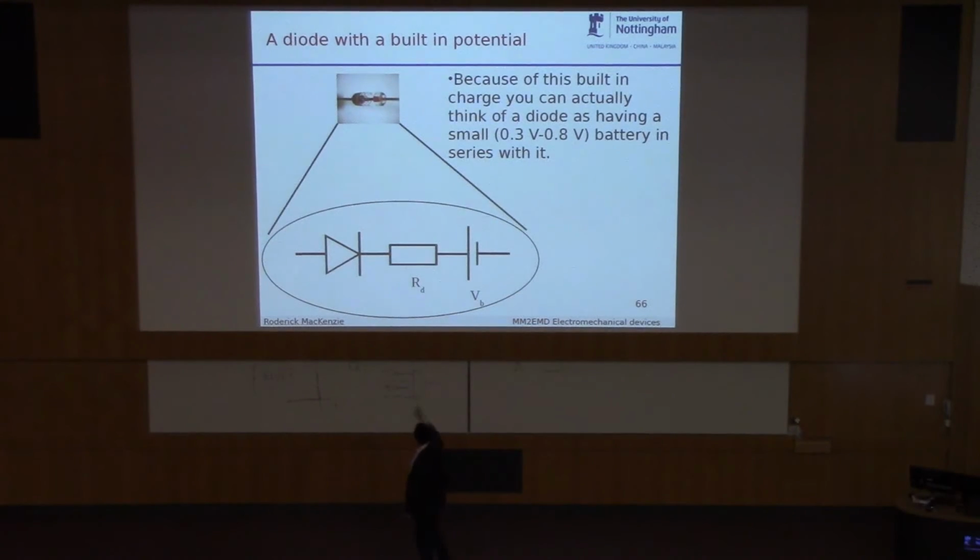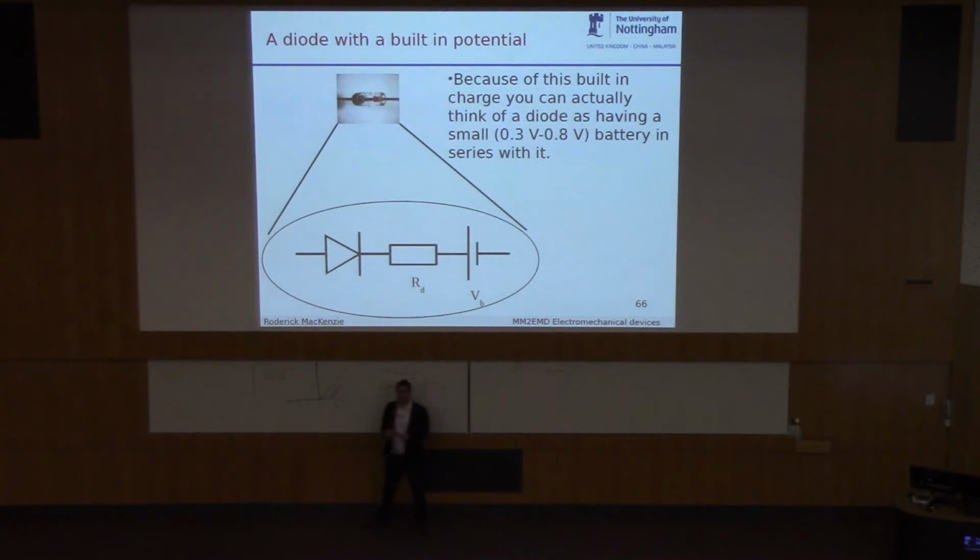However, it's an object, so it's got some resistance to it. So we won't have a curve that goes straight up; we'll have a curve with a bit of a slope. And if you go V over I on this line, you'll get R, the resistance of the diode. But we've also got this battery, which represents the built-in voltage of the diode. What this will do is shift this curve along a bit, so it'll need about